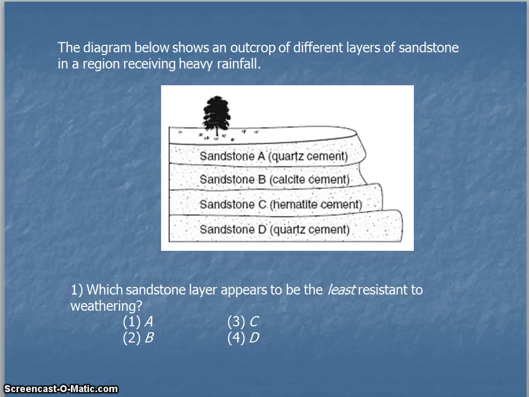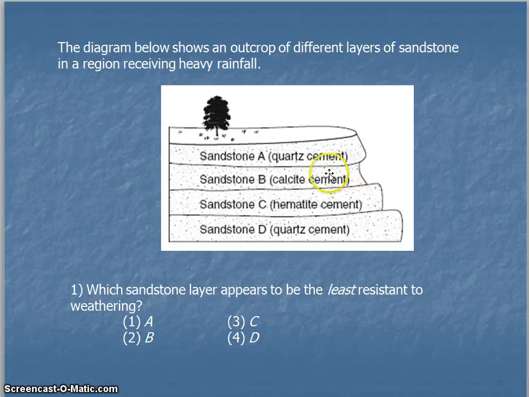So to finish up with another example of a question, here's another example of a Regents level question. Which sandstone layer appears to be the least resistant? So this is opposite of the other question. So now remember, you're looking for the one that you don't see a lot of. And they're all here sandstone with different cements, but the one that has the calcite cement seems to be the